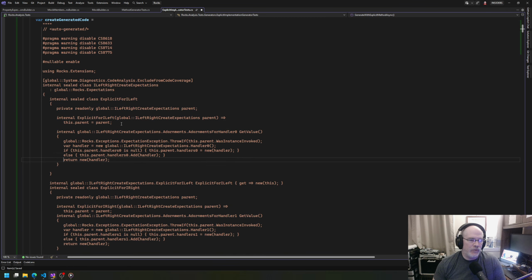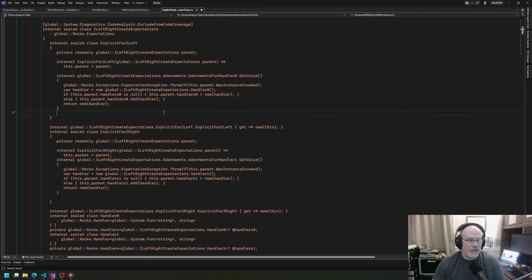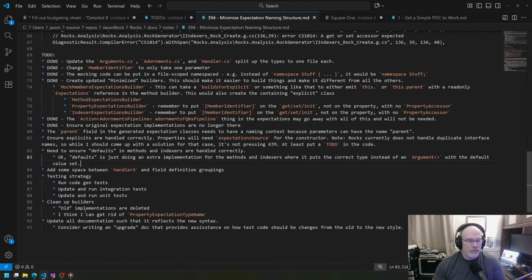Problem is that every time we generate the methods and everything else within it, we're putting this space always at the end. Spacing always sucks. So, if we look at the explicit for left, what I should do is also put a note in here, along with